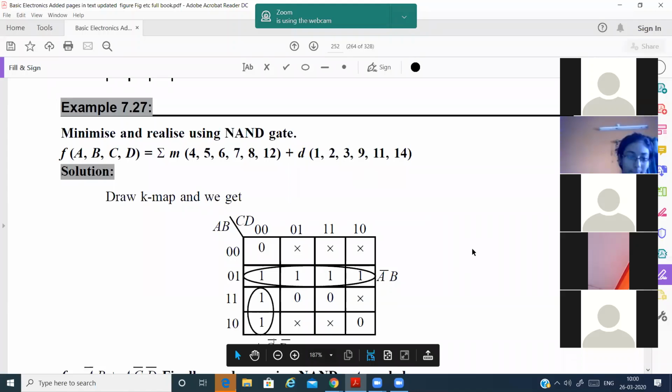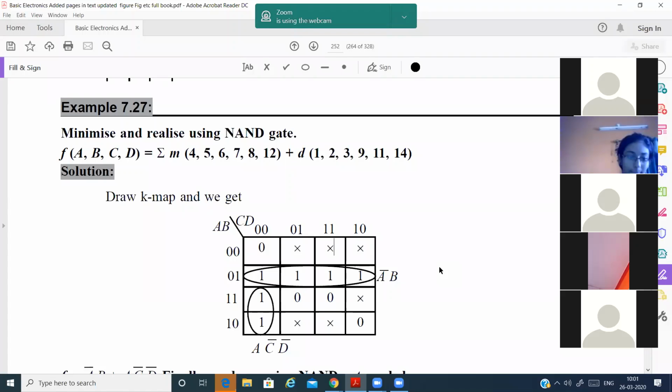After that, you have to group them. While grouping, you should remember one thing, you have to make even number of groups. Anyhow you have don't care, so why can't we group them? Okay, at your level, don't group them. That is the next technique which will come. For your level, that technique is not used. So only don't care cannot be grouped.